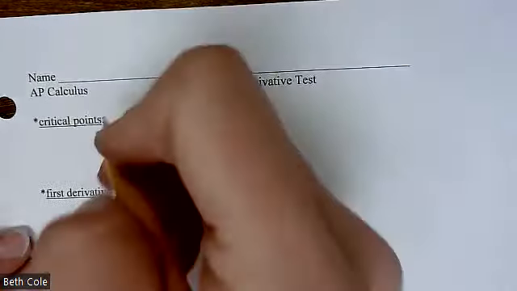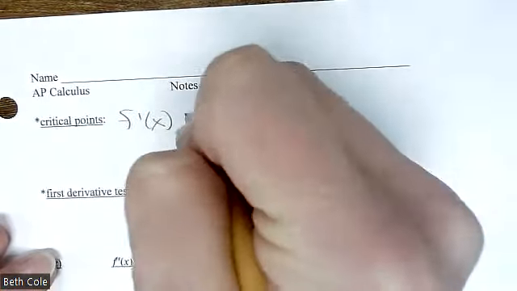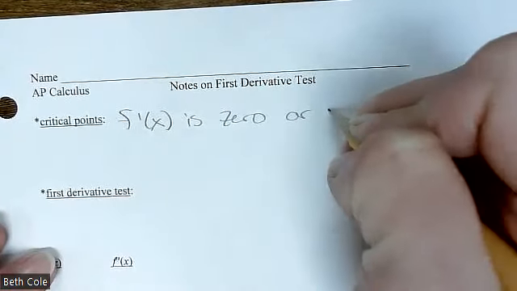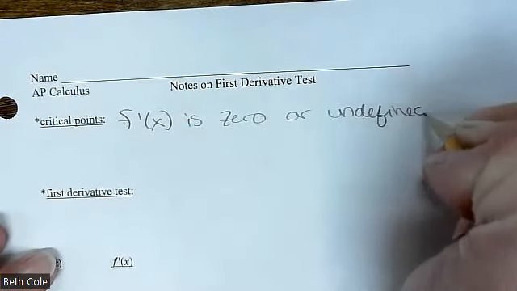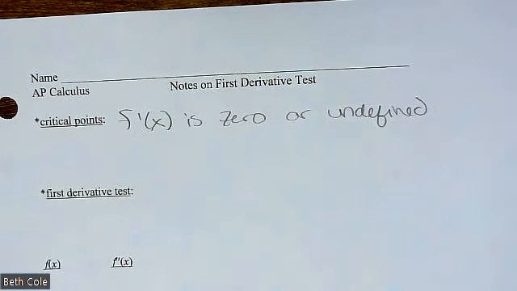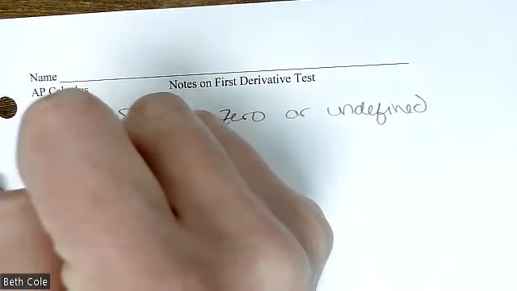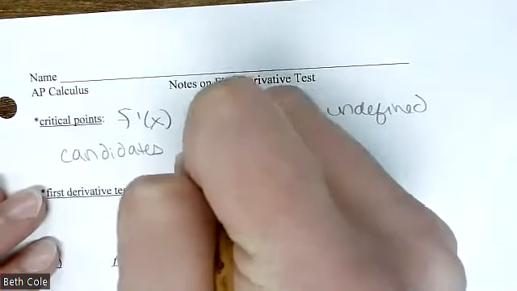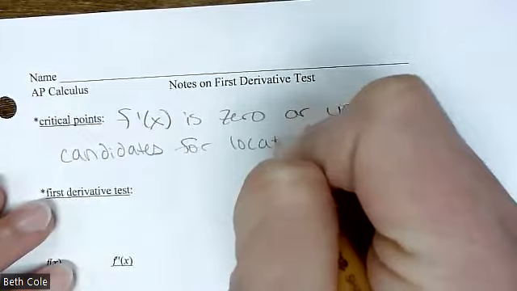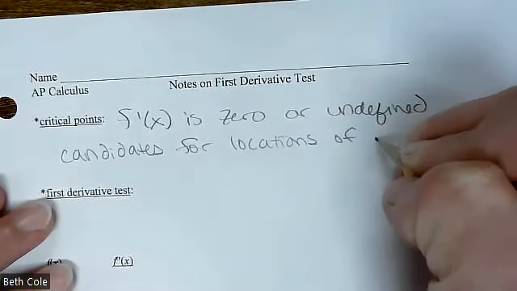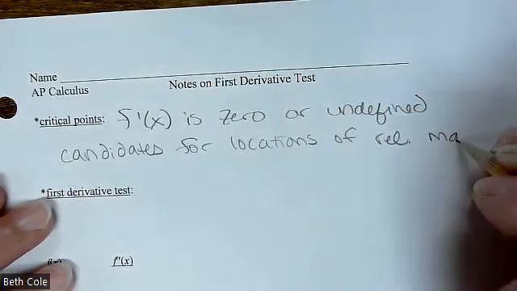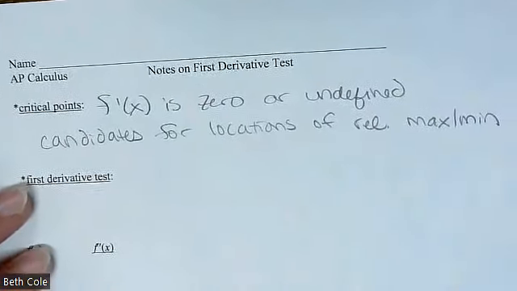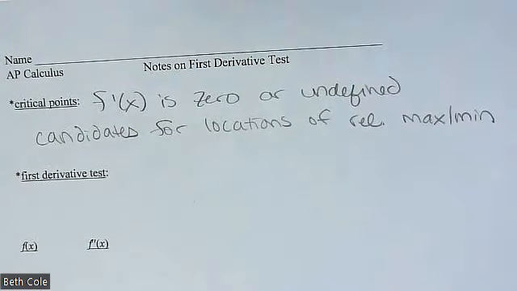All right, so our critical points are where your derivative is 0 or undefined. Most of the time we talk about 0, but undefined is technically going to give you a critical point as well. So just don't forget about those. And they are candidates for locations of relative maximums or minimums. I'm going to let you write that and then talk about that real quick